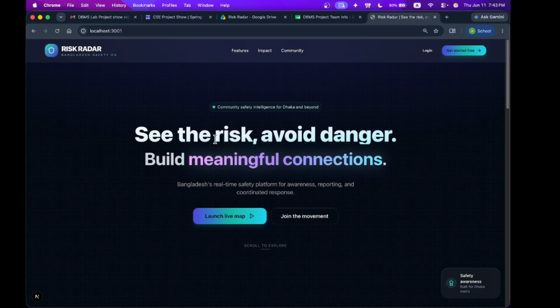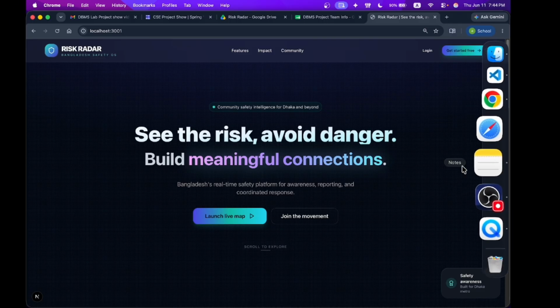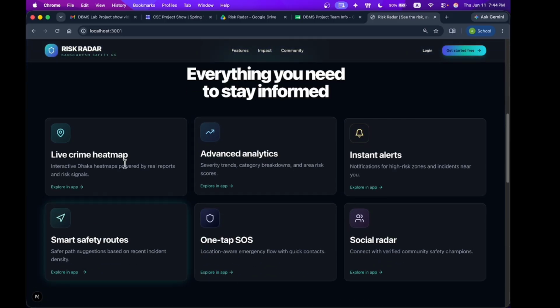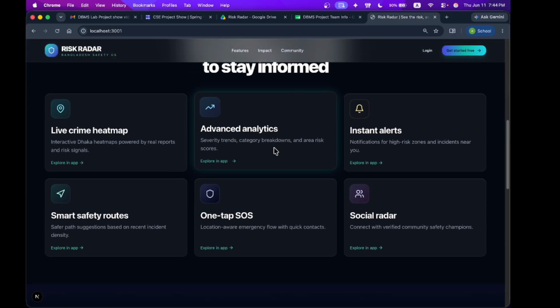Our problem statement is that we saw several crimes happening around us. So we thought, how about we visualize the crimes near me or around me so that we can get aware and take the necessary steps, and in extreme cases we can switch our places from an extreme risk area to a safer area. That's our problem statement, and we are offering here a live crime heat map and advanced